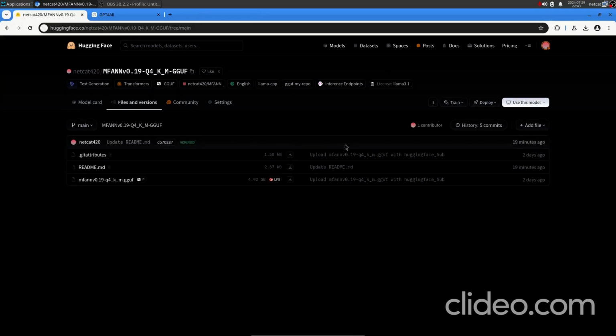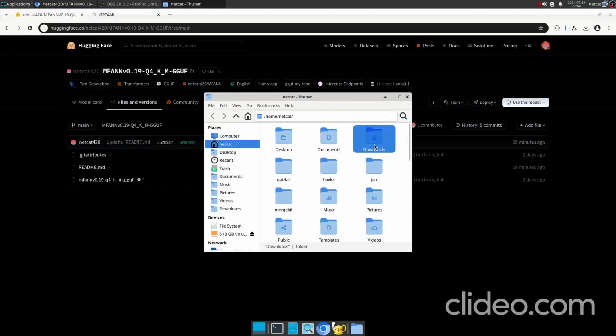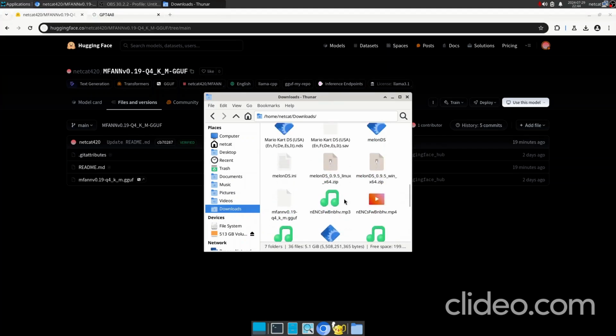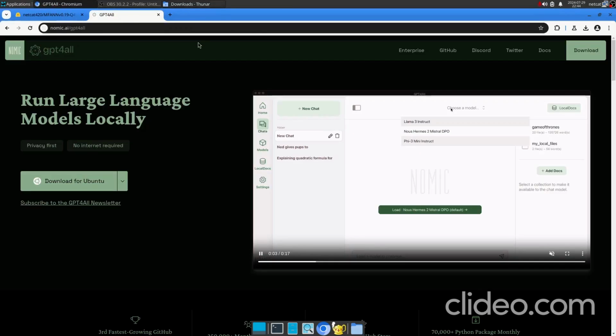So to install the model, you need to navigate to the Hugging Face link that I'll have linked in the description below, and you want to look for the gguf file right here. The name basically shows the version number and the quantization type. Once you have it downloaded, which I already have, you want to go to your downloads folder, select the model file that you have downloaded right here, and move it to